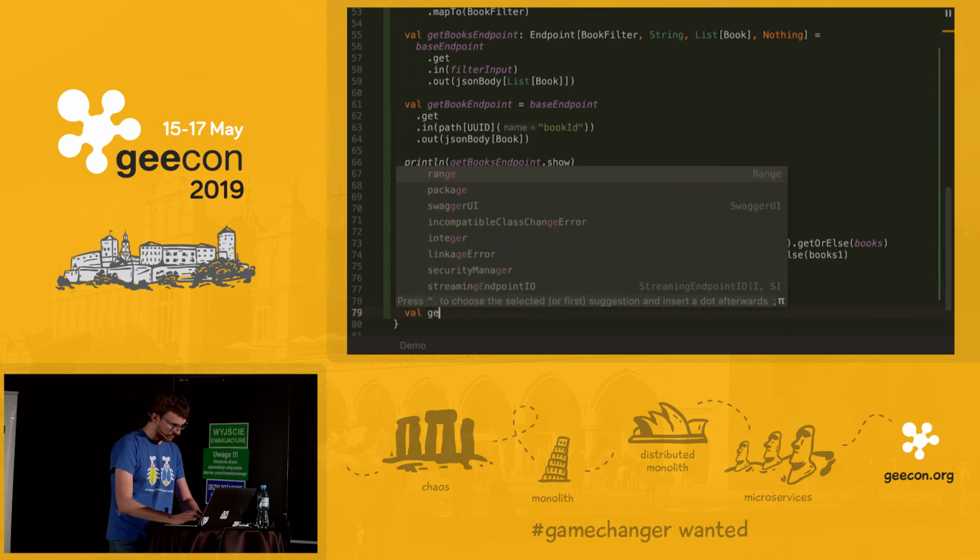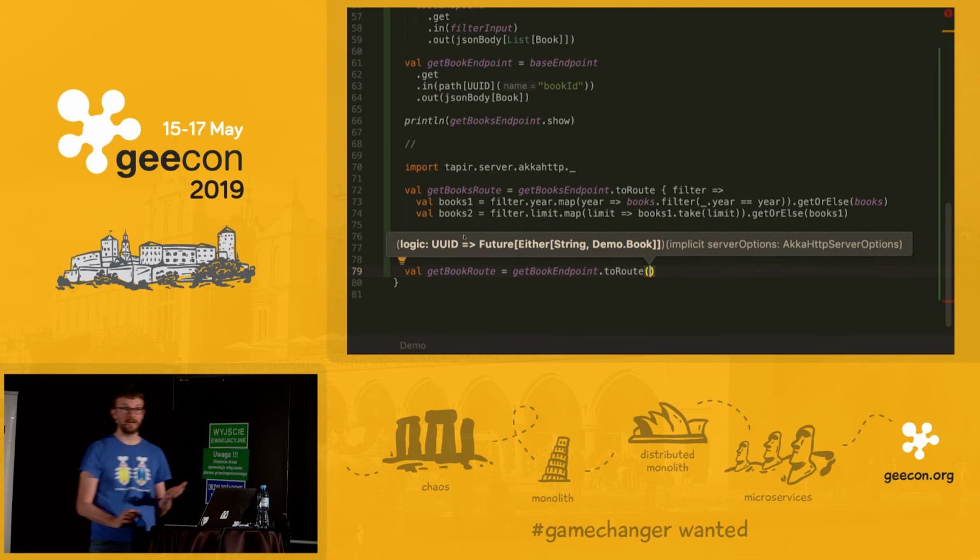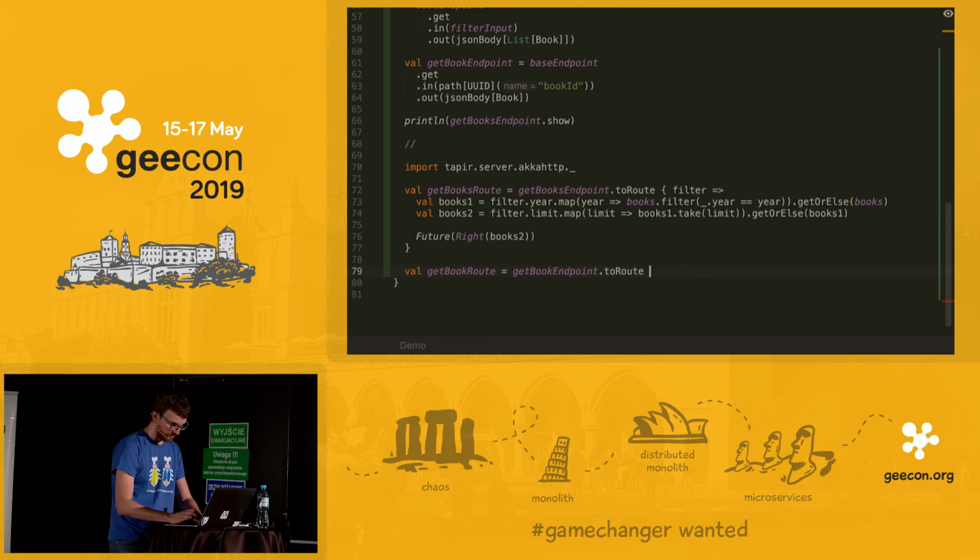And in a similar way, we implement the getBook route, right? So we get the getBook endpoint, we call it to root. So here, the input is different, right? Everything is type safe. So the input is the ID of a book, and we have to return either an error or a single book, right? So again, we take the book ID,